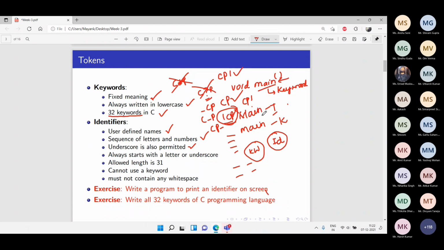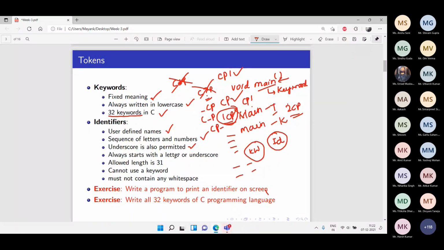Sir, if we use 2 instead of 1, will it still be valid or not? Where? In 1CP, if you want to use 2CP, or 3CP, or any other number instead of 1. Your friends will answer. This is not a good question to ask. Anyone can answer: is it valid or invalid? Invalid. It's clearly written. How can you ask this question?